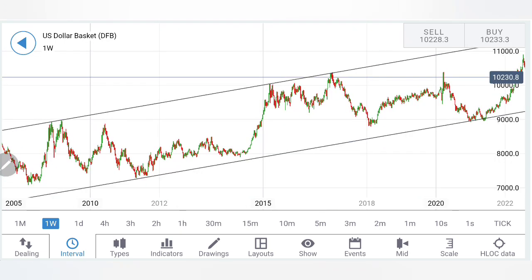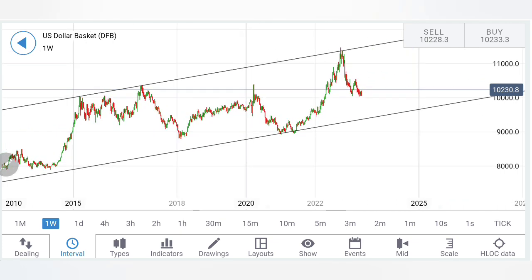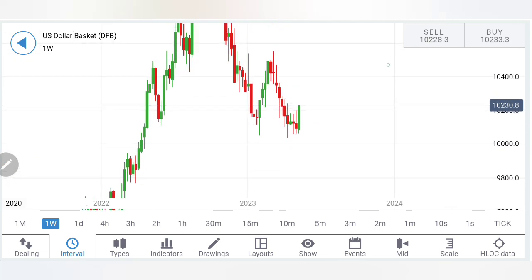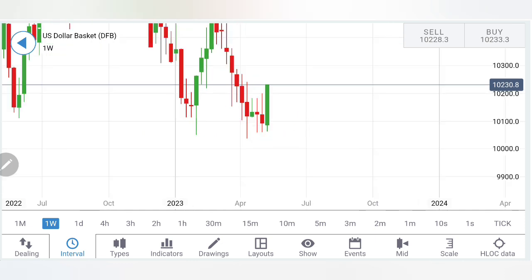Now if you track the dollar index's movement for the last 10 to 15 years, you'll find it is trading in this channel, and this is a slightly bullish channel. And you can see this time after hitting the bottom here at 90, it has seen a very strong rally. Now it has almost retraced to the middle point here, and is now consolidating. Second point is, you can see here on the weekly charts, after forming the bottom, multiple candles forming the bottom, highs and lows are seen, and this time it has shown a very strong reversal candle and a flat closing here, which means it may start the next week on a bullish note, and possibility exists that it may try to take it to further highs.